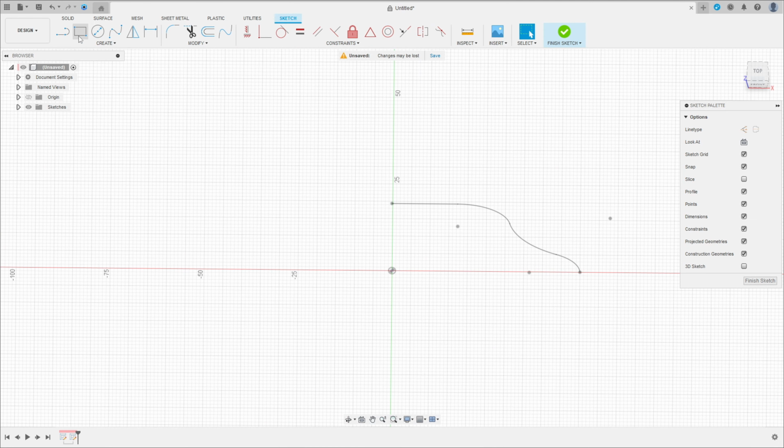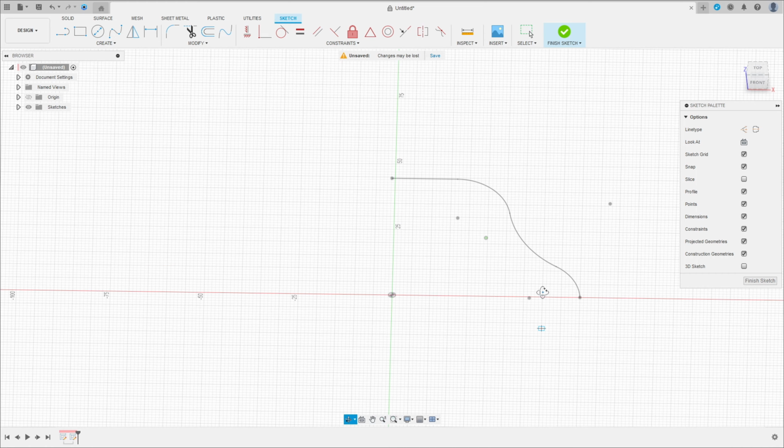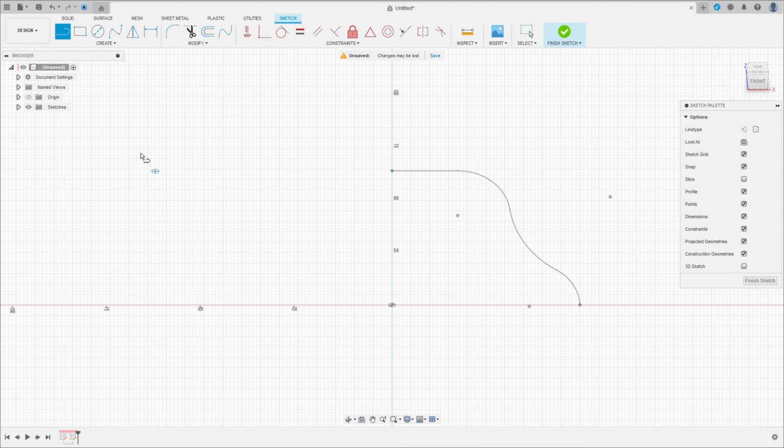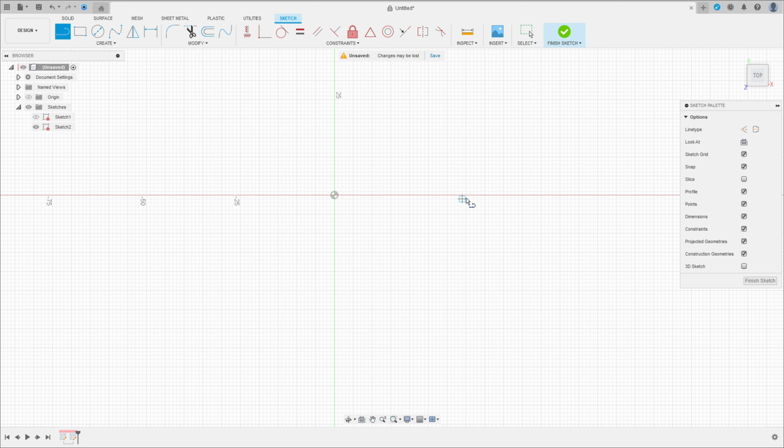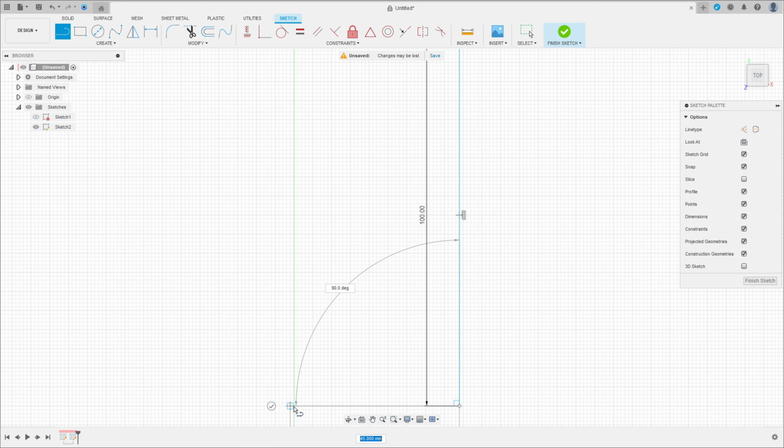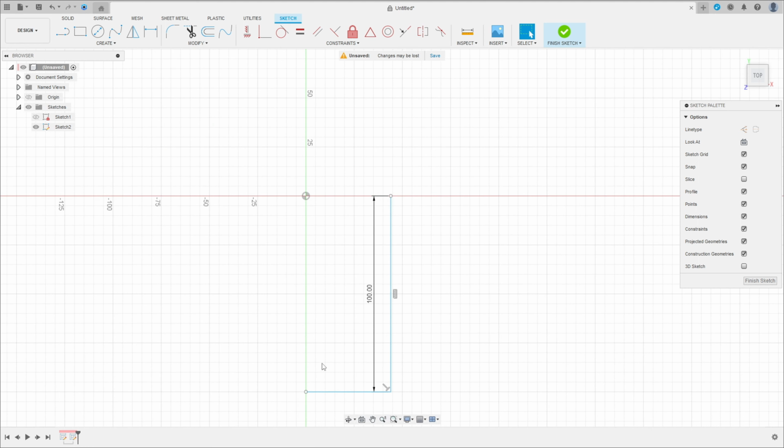Go to select line. You can hide the sketch one. Okay, select line, make a line here with 100 millimeters, and the line here. Okay,